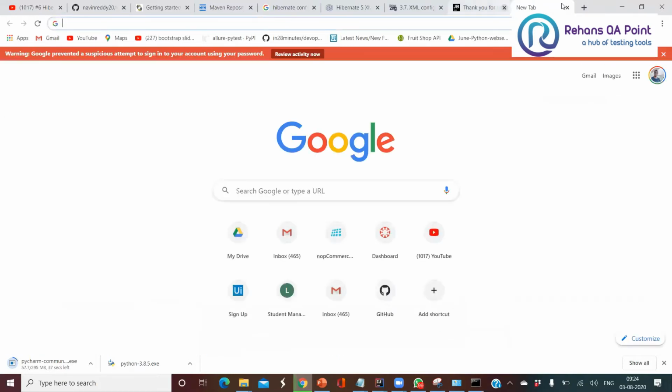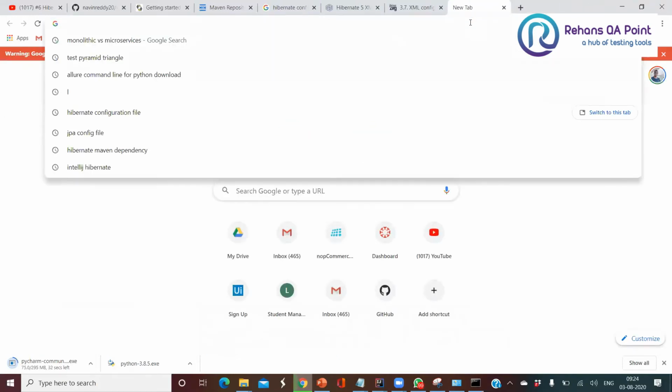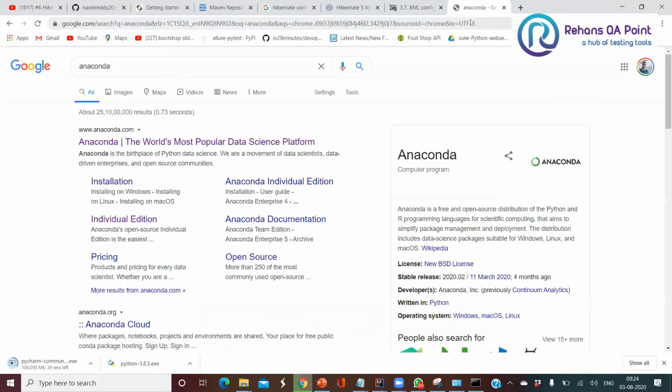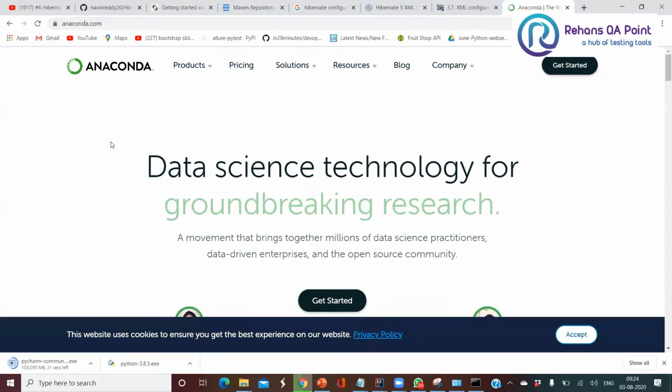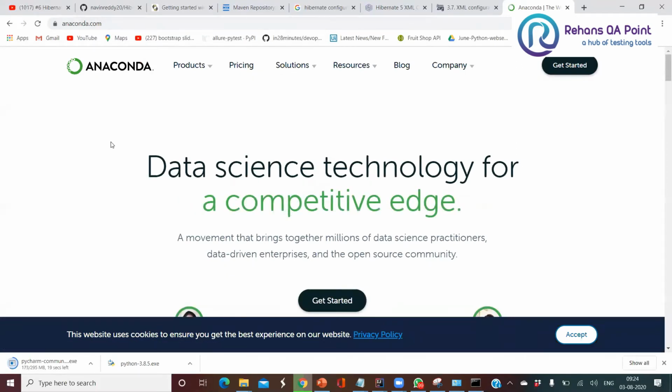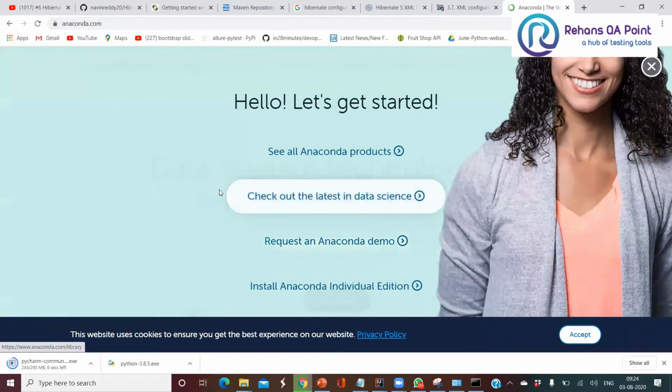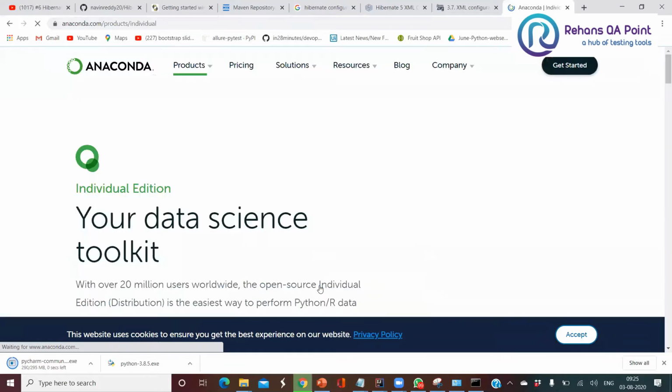The next editor I would recommend is Anaconda. So go and click on this Anaconda here. Now click on get started. Install Anaconda individual edition.